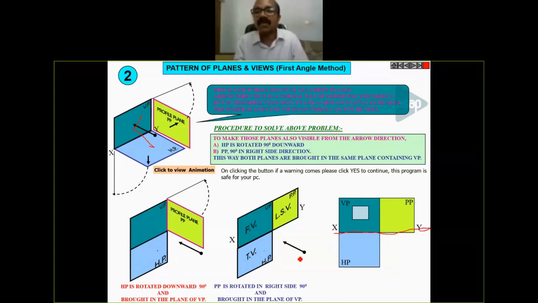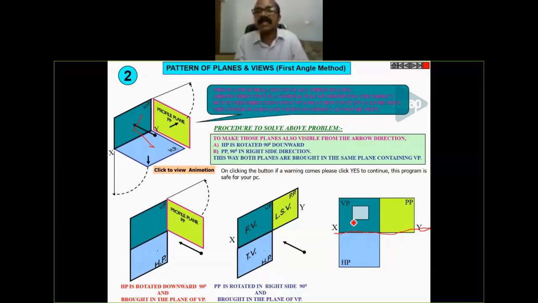So first we have to draw the XY line, then draw the elevation first, which is drawn on the vertical plane itself. Here I plotted the elevation of the object, or we call the front view of the object, and you have to notate each and every corner of this object, say A, B, C, and D. In the elevation you denote them as A dash, B dash, C dash, and D dash.